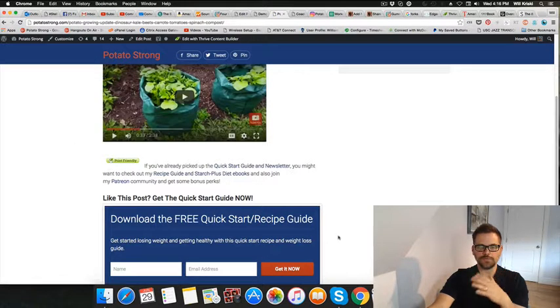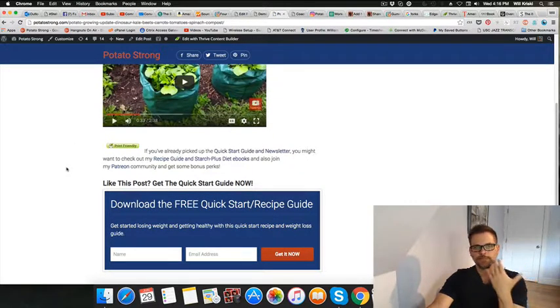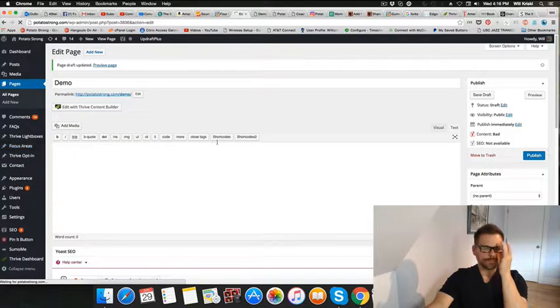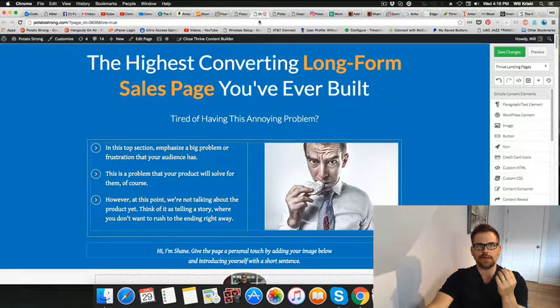See this here? There's lots of ways to do this. I've done this with plugins, but Thrive allows you to do this with these things called focus areas,